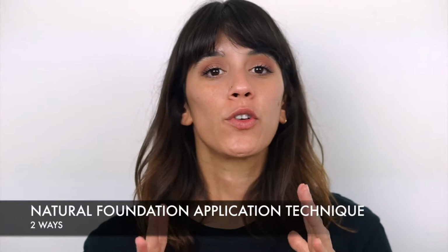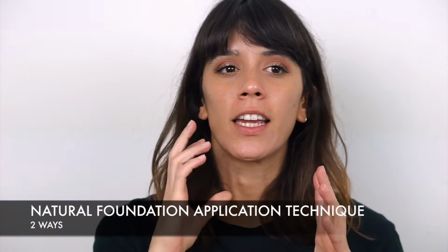Everybody, today I'm gonna show you 2 ways to get a natural finish everyday foundation. I feel like everybody has a misconception of how foundation looks, and they think it's super heavy and super cakey and full coverage, and it doesn't really have to be that way. You can make it look super natural and super daytime appropriate, which is actually one of my pet